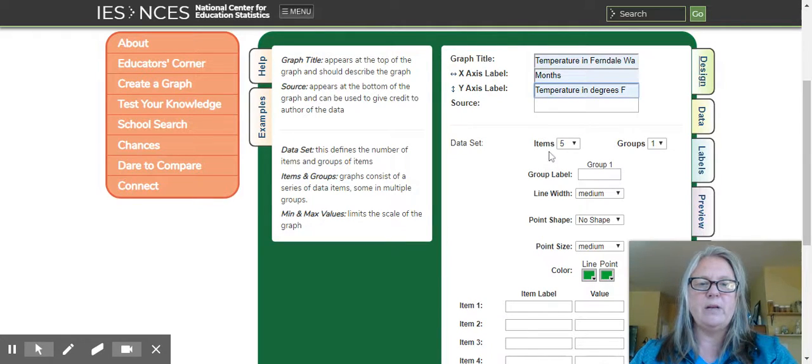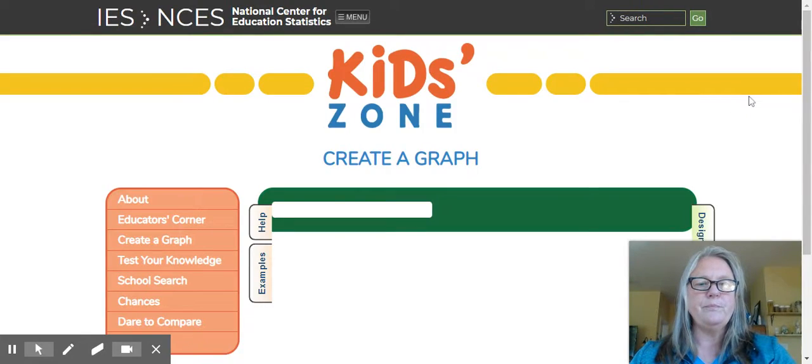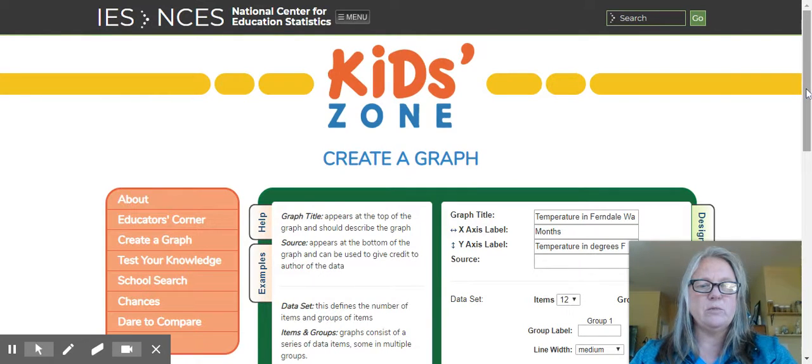And then I'm going to come down here to where it says items, and I'm going to change this to 12 items because this is representing my 12 months. Groups can stay as one because my one group is temperature. And then I'm going to scroll down,